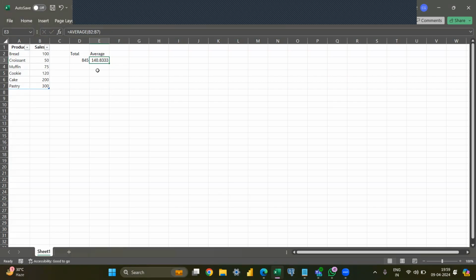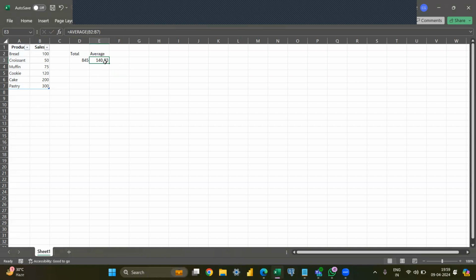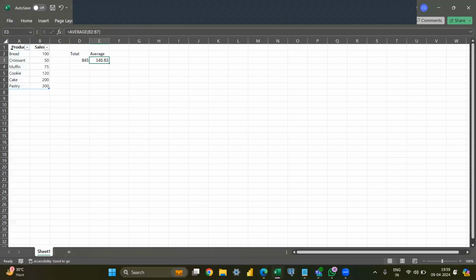Now, if I want to round this off, it's coming 140.8333. So essentially, we have to round it off. In order to decrease the decimal, we use this function to decrease the decimal. And here, see, the average is coming correct. And we have used ChatGPT to get the average of this, right? Now,